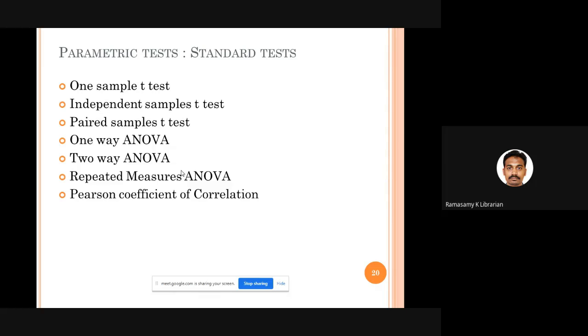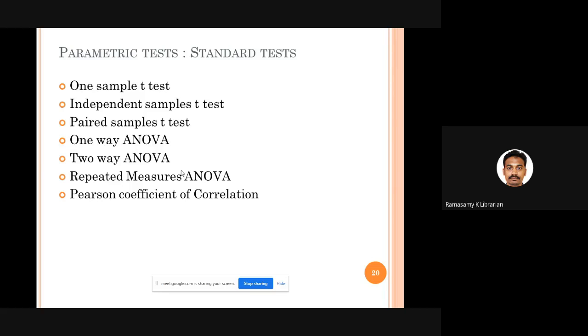Okay, you can ask a question, sir, how can I test the normality of the data? It's very simple. Either you can make use of a histogram, or you take the help of kurtosis and skewness, or you can conduct a statistical test called one sample KS test. They will tell you whether data is normal or not. So if data is normal and you're having numeric data, that is, interval data or ratio data, in that case, you can conduct parametric tests.